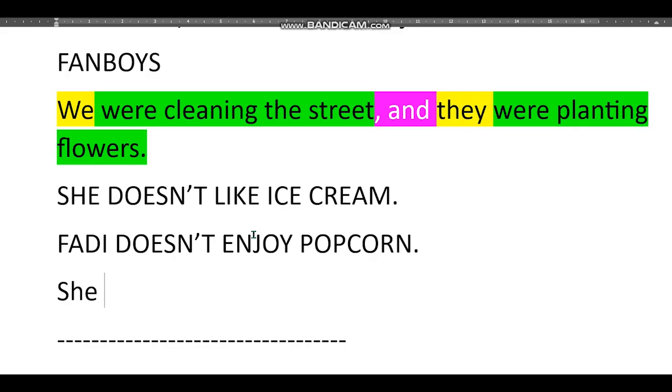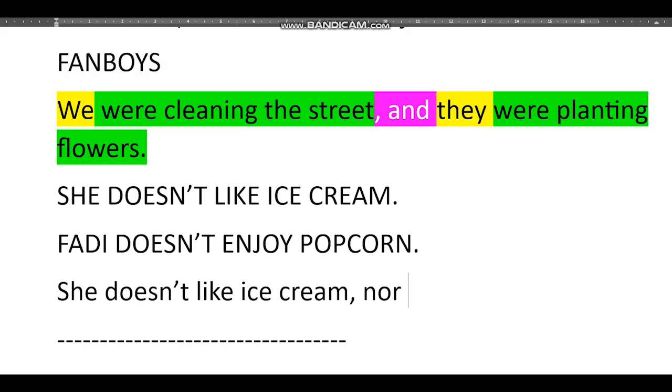She doesn't like ice cream. What do we add after the first clause? We add a comma, nor, and pay attention to what I'm doing here. Fadi, we remove the what? We remove the negative here. So we do not add does not. Nor does Fadi. Look, we flip the verb. After nor, we always flip the verb. So nor does Fadi